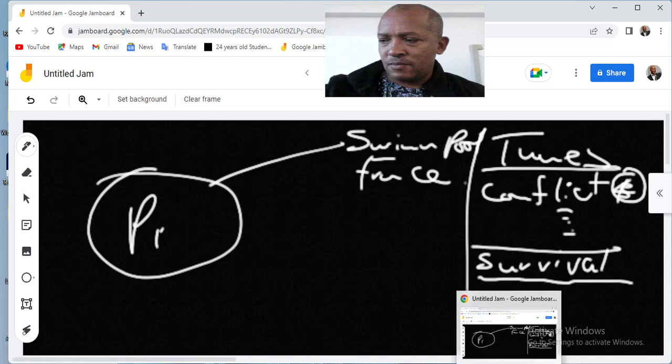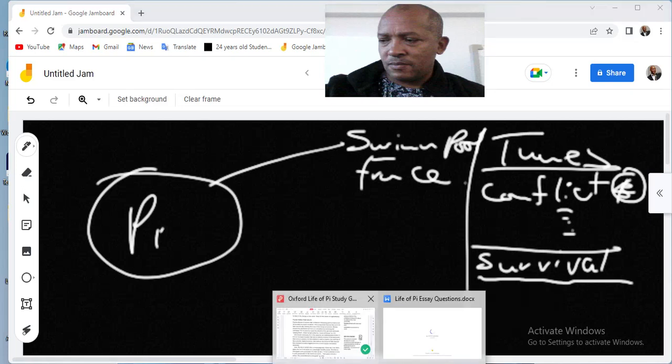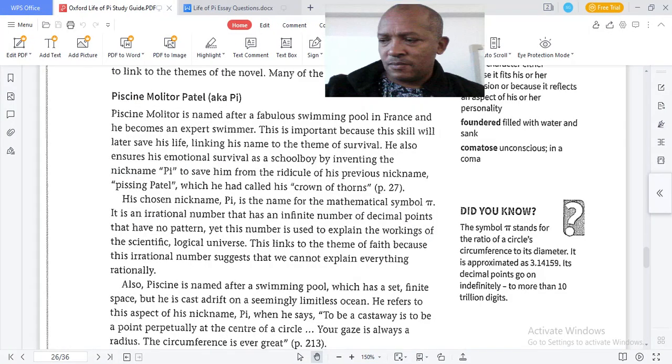Okay, next point. And you know his full name, obviously. Now, this is important because the skill will later save his life, linking his name to the theme of survival. He also ensures his emotional survival. Okay, there we go. As a schoolboy, by inventing